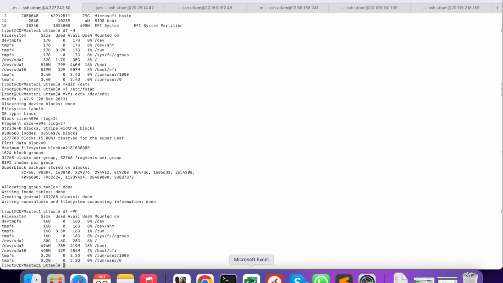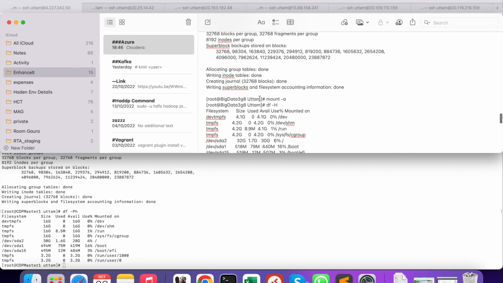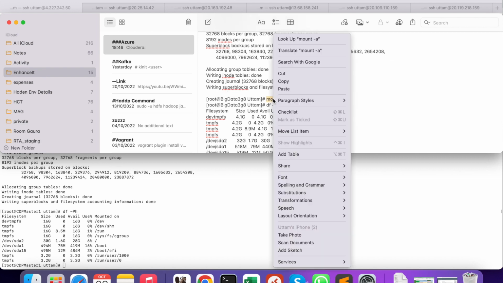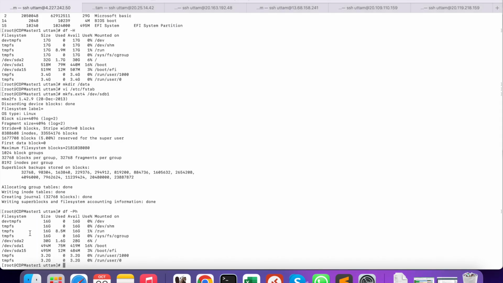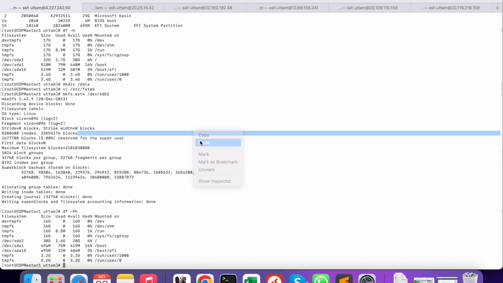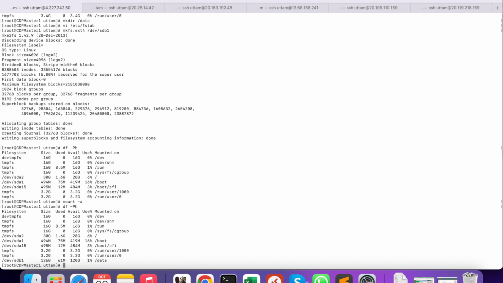Now let's mount this using mount -a. So you can see now this got mounted into data. Same thing we need to do with the other